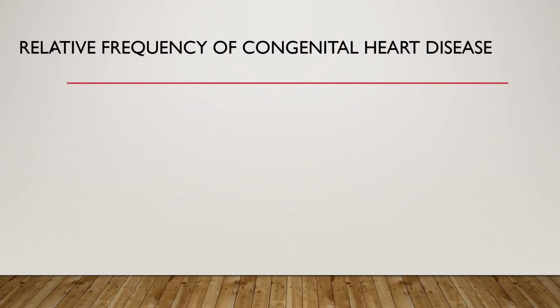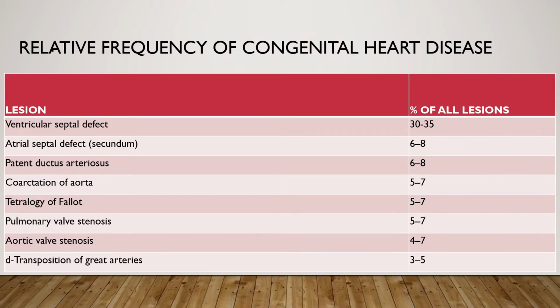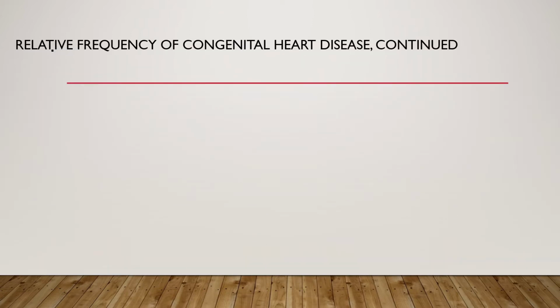When we see the relative frequency of congenital heart disease, the most common congenital heart disease is ventricular septal defect. This is followed by atrial septal defect and the patent ductus arteriosus. And the ventricular septal defect is thought to be responsible for 30 to 35% of all congenital heart disease. And this is followed by coarctation of aorta, tetralogy of Fallot, pulmonary valve stenosis, aortic valve stenosis, and there are